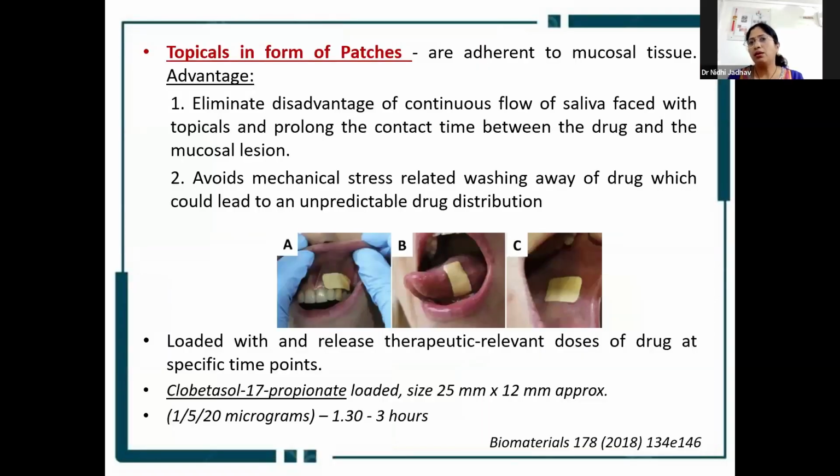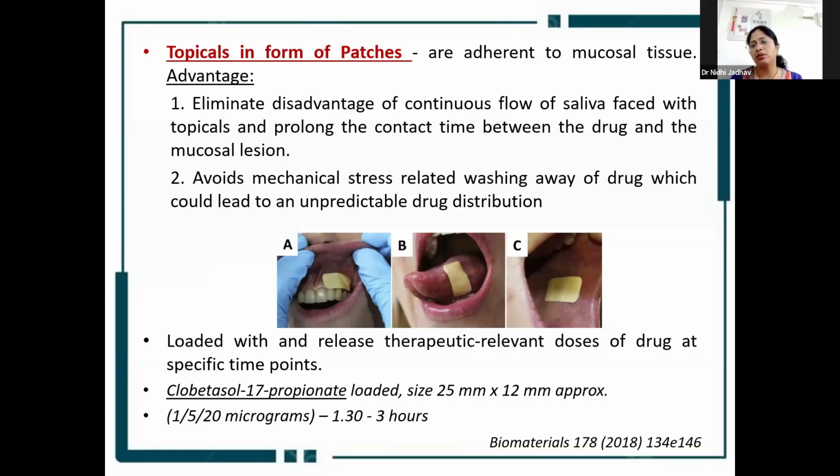Now, there is a modified option of topicals that is available now, in the form of patches. These are bioadhesive patches which can very nicely adhere to the mucosal tissue. The advantage being they eliminate the disadvantage of the continuous flow of saliva which we have to face when we ask the patients to apply topicals. There is hardly enough contact time between the drug and the mucosal lesions in relation to the gels. But patches, because they are resistant to the mechanical stress that the tongue might cause, you get a